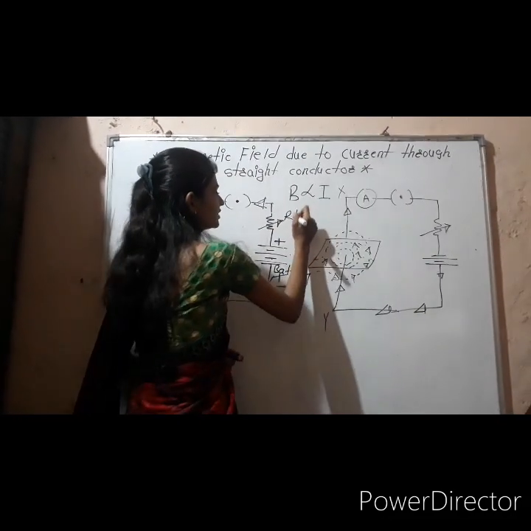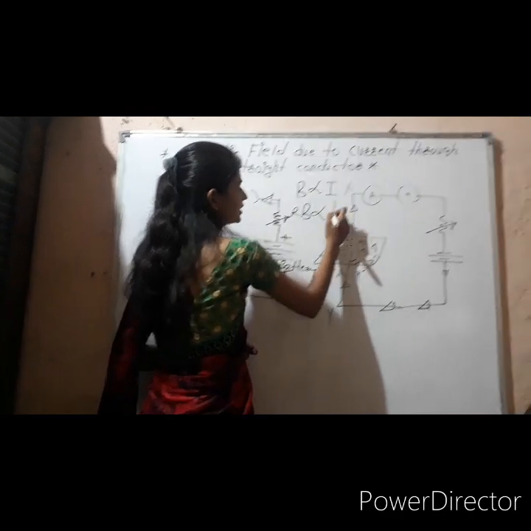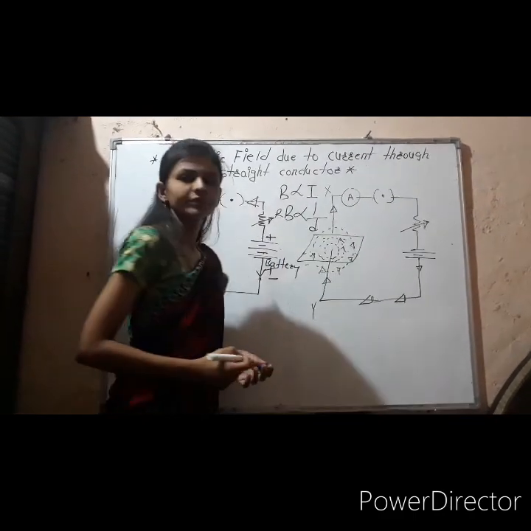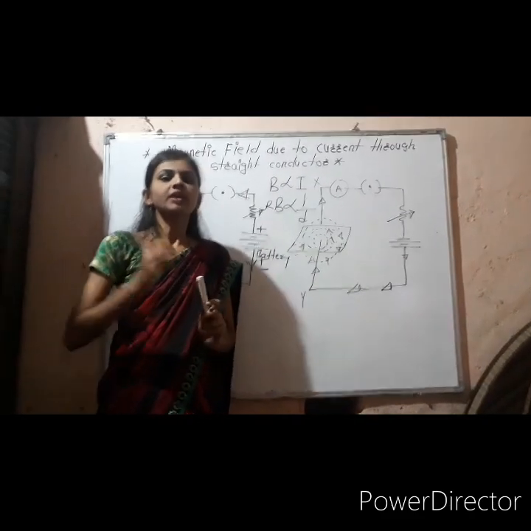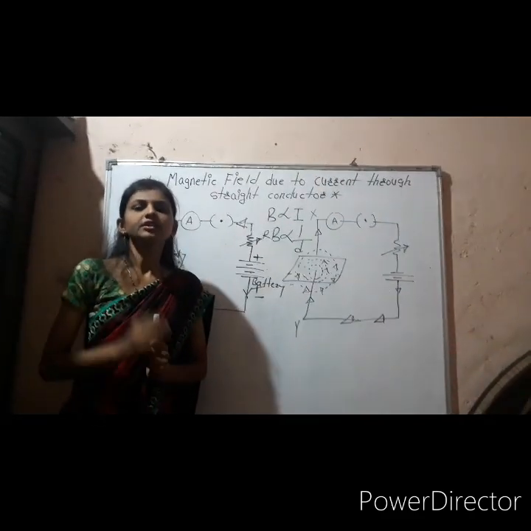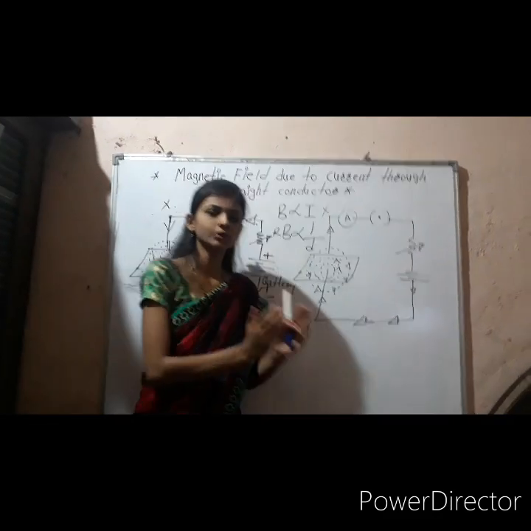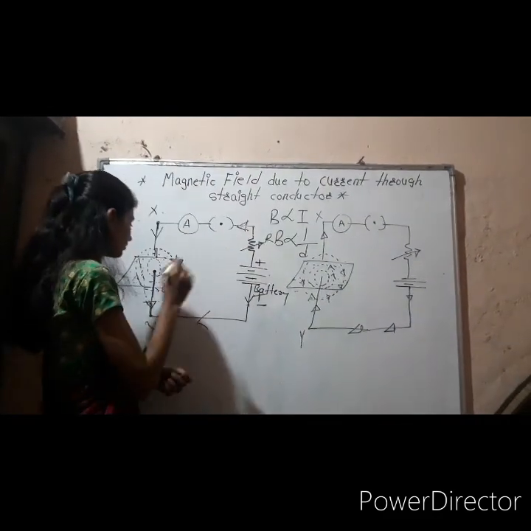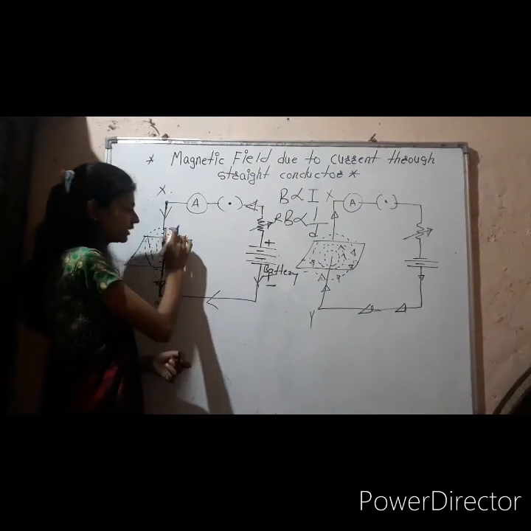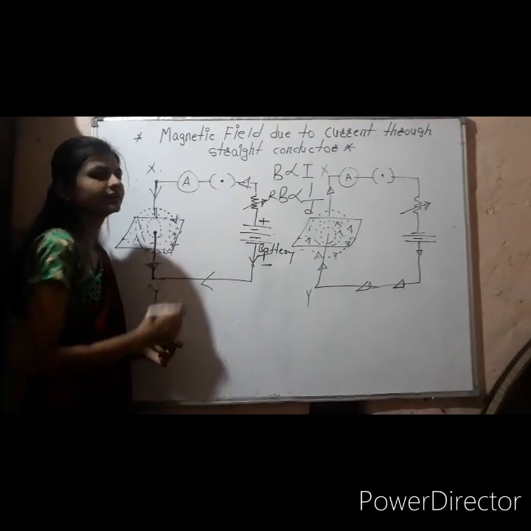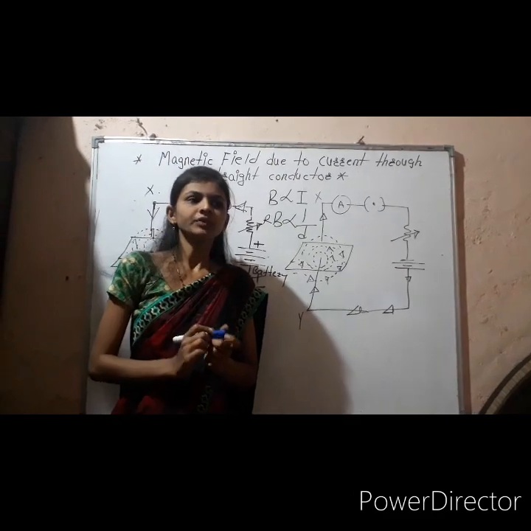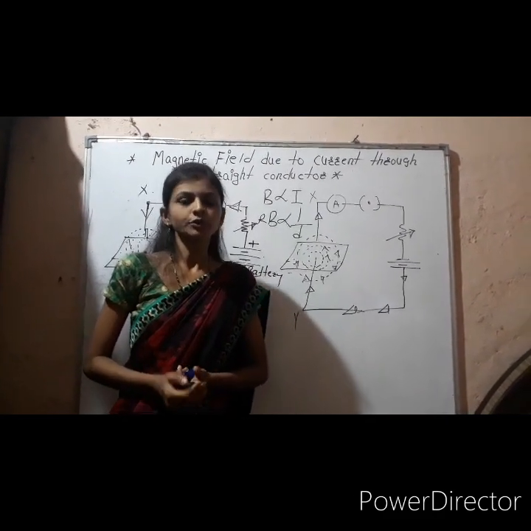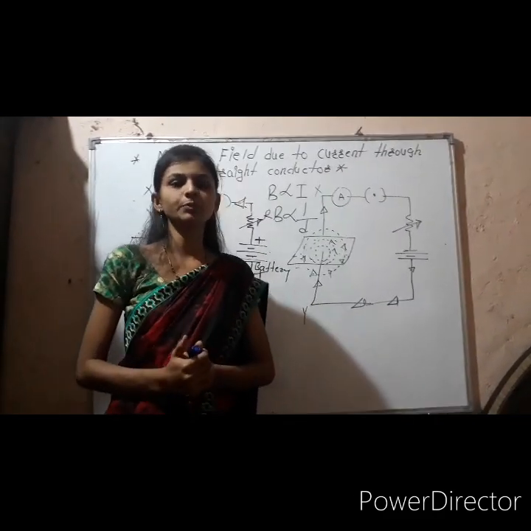Now the next is magnetic field B is inversely proportional to the distance. As we increase the distance, the strength of magnetic field starts to decrease. It means that if the distance between the rod and the iron filings increases, then at that time you can see the lower magnetic strength. So these things also you just keep in your mind.